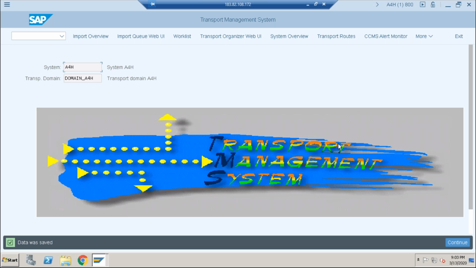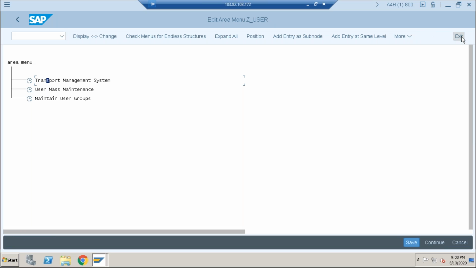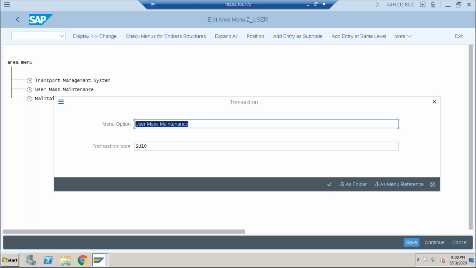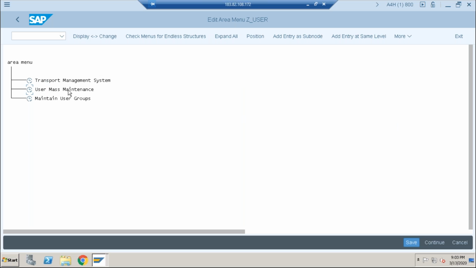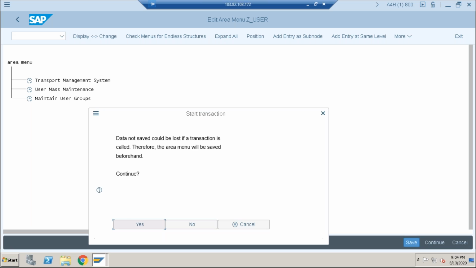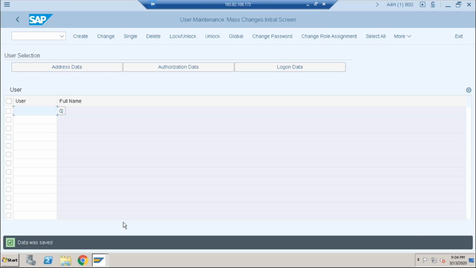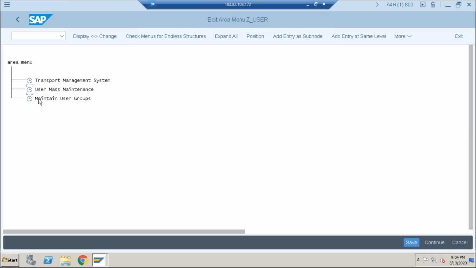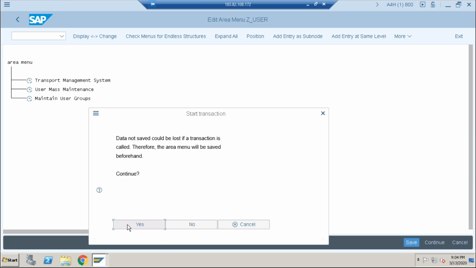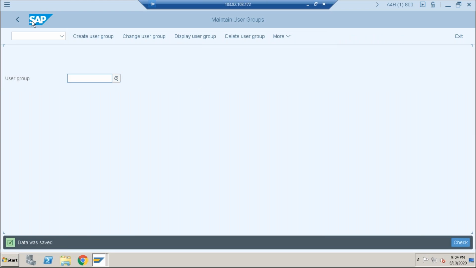Go back. Go back again. Not getting back again. Yes. Selected that. No, execution. So again, added the menu reference as a folder. Selecting it, click on execution. It's open, no? Okay.